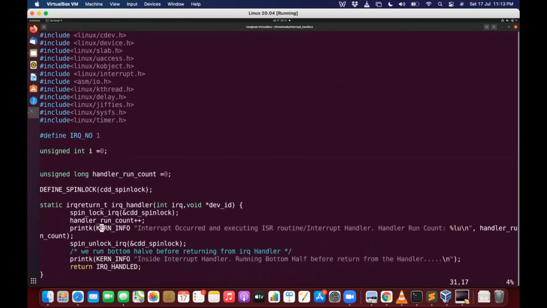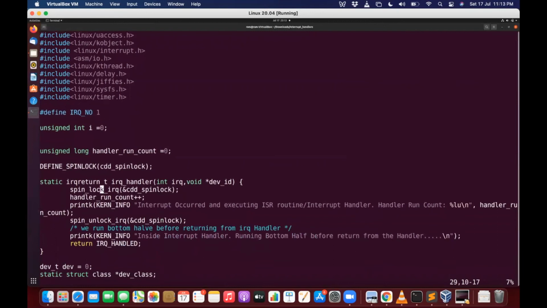And this is the implementation of the interrupt handler. As we have discussed, it returns the irq_return_t type. Here we are just passing the interrupt number, and this is the pointer to the device for which we are registering this device driver.